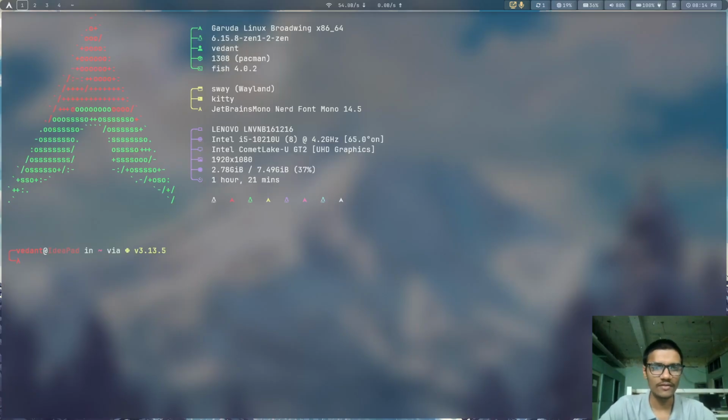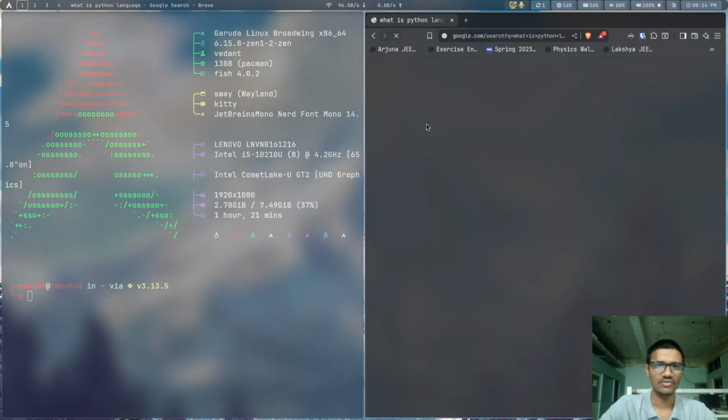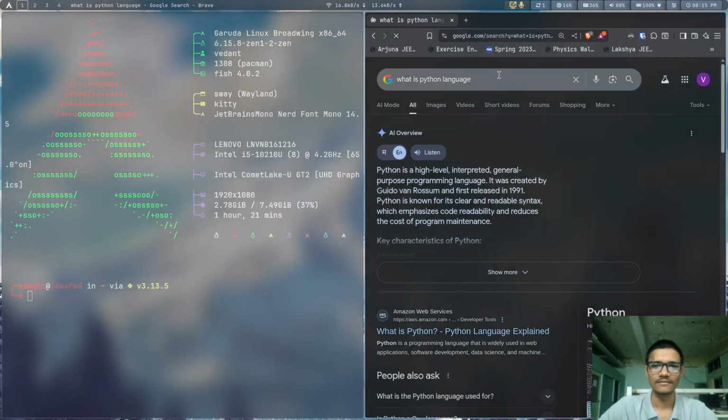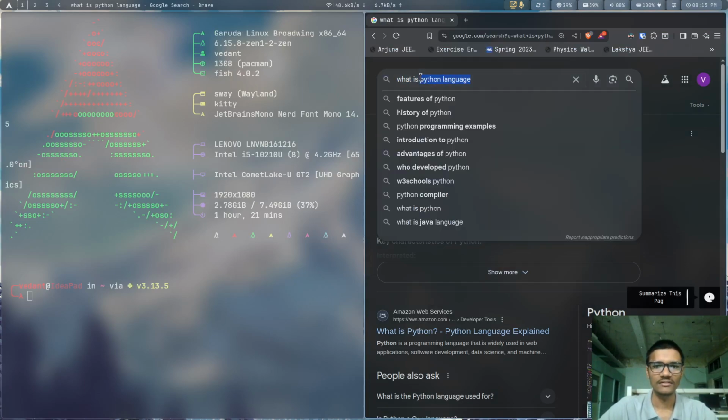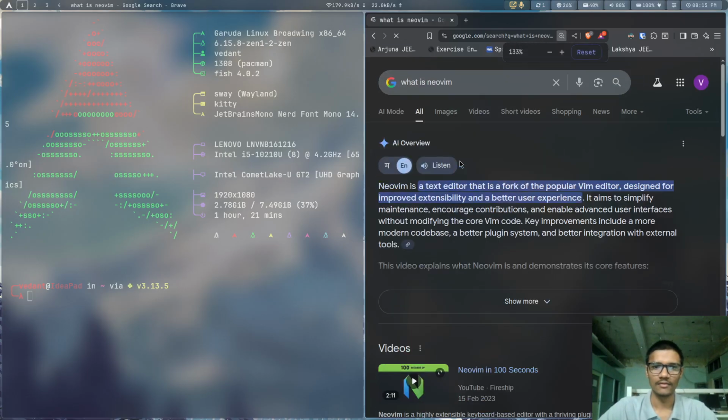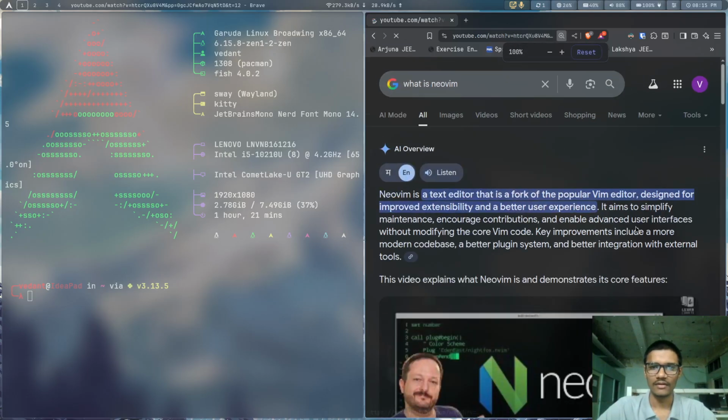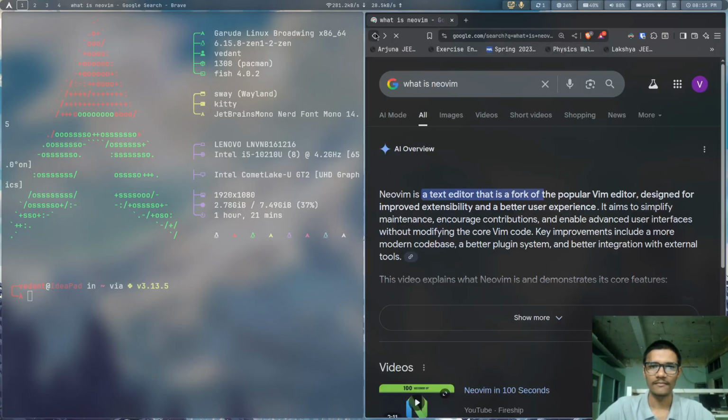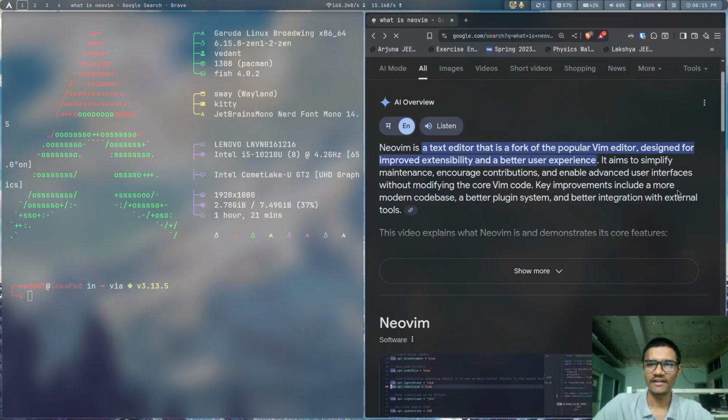So let's just go over to our terminal and open our text editor. I use NeoVim. If you want to know what NeoVim is, let's just open our browser. NeoVim is a text editor that is forked from the popular Vim editor, designed for improved flexibility and user experience.